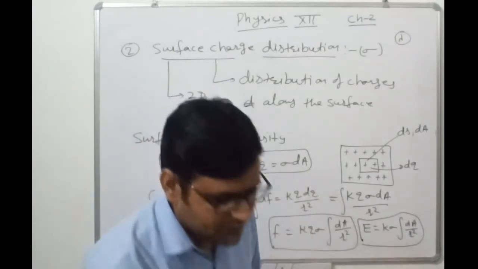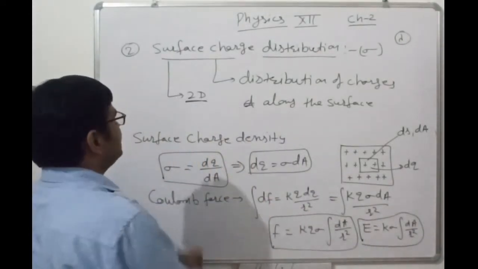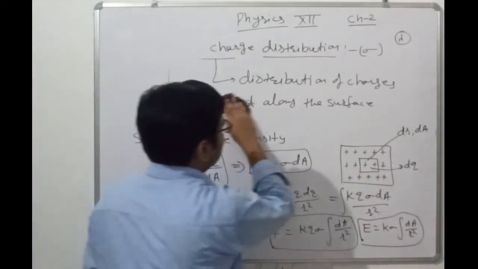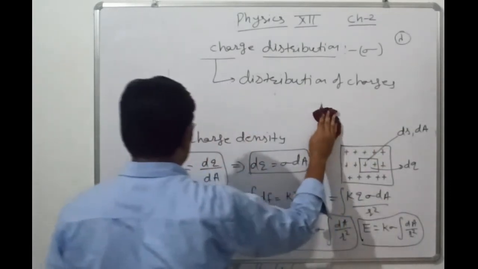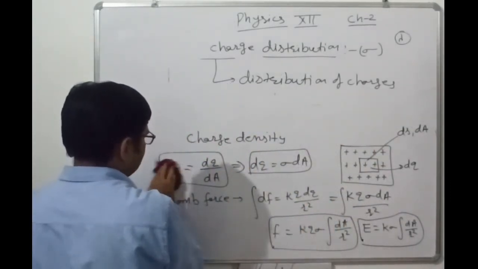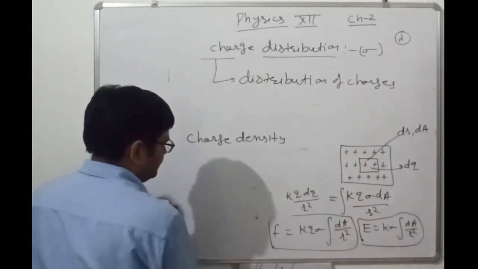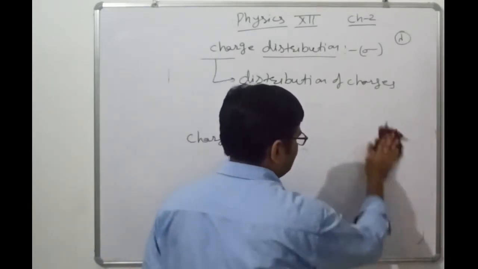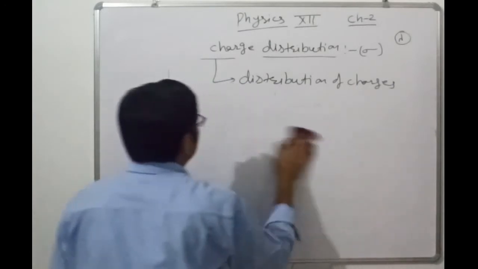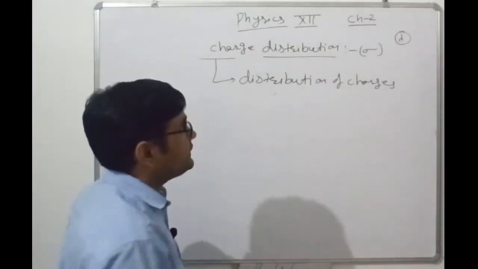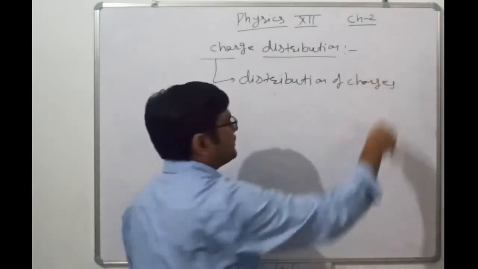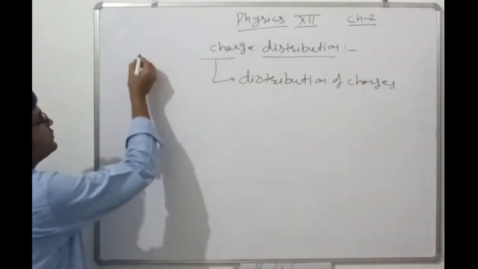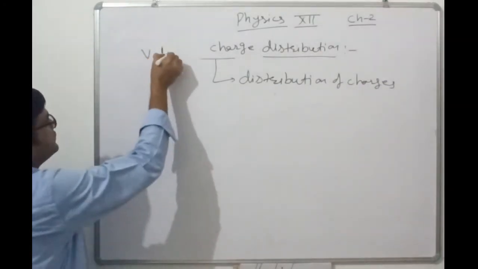Okay. Now we are considering the third type of the charge distribution in terms of the volume charge distributions. The same formulations, it is the representation of the 3D charge distributions. Clear? Here we are considering the formulations. Earlier we discussed lambda and sigma. Here we discuss rho. It is the volume charge distribution.